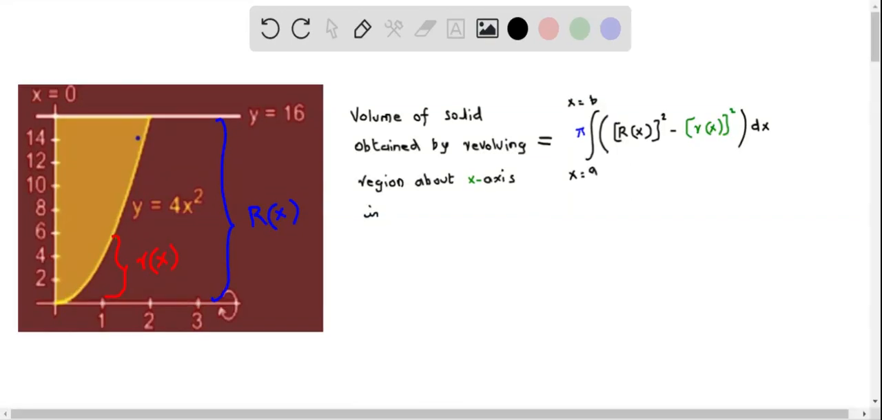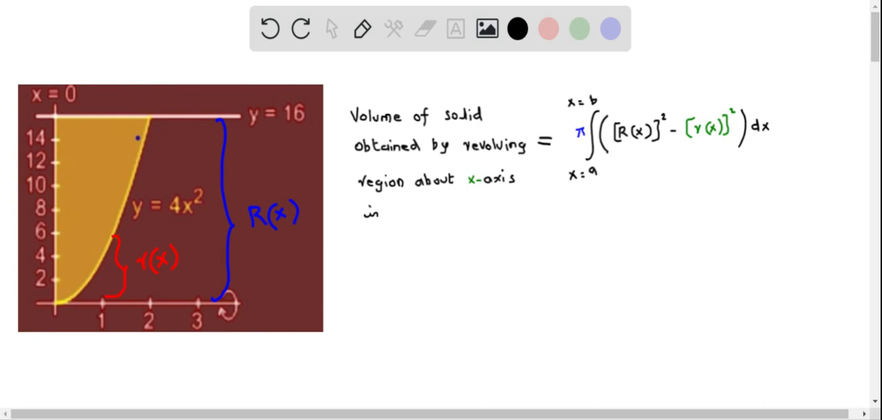In this question, we determine the volume obtained by revolving the region bounded by y equals 4x squared, y equals 16, and x equals 0 about the x-axis. So the axis of revolution here is the x-axis, which means we utilize the formula to determine the volume of a solid by revolving the region about the x-axis, which is a definite integral from x equal to a to x equal to b,